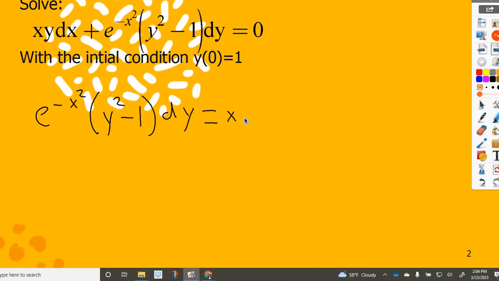And now from there, we can start dividing and multiplying as we need to, because I still need my x's to go with my dx and my y's to go with my dy's. So what from the left side do we need to move to the right side? The e. How are we going to move that over? Divide it. And then what do we need to move from the right side? The y, which we also have to divide. So we get y squared divided by y times dy, and then x divided by e to the negative x